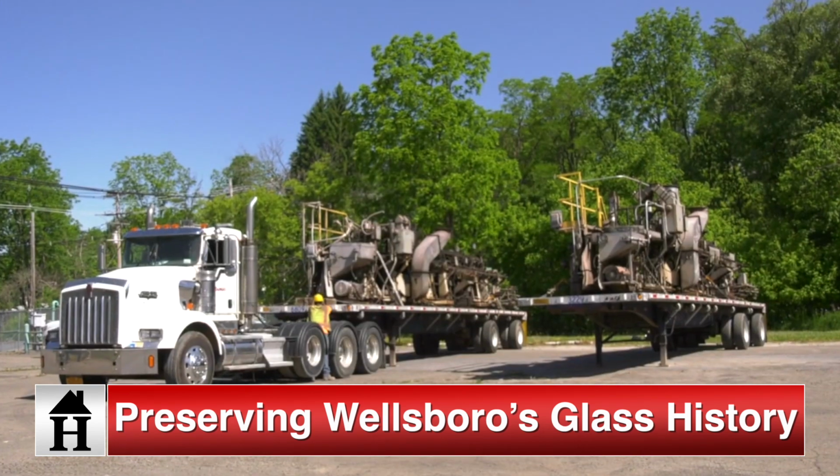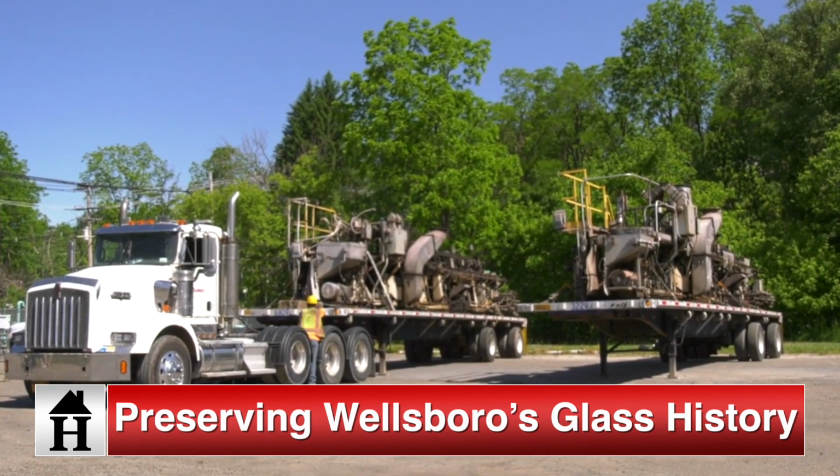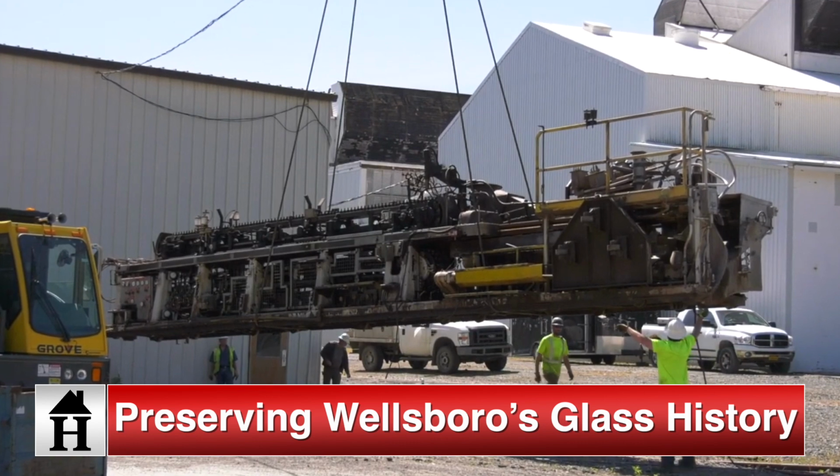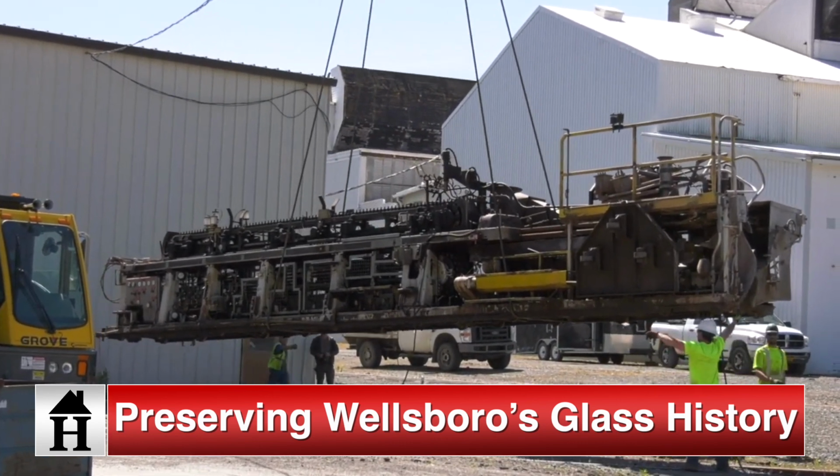Why are you and others gathering these items? A year ago, we found out that they were going to scrap the last 2 living ribbon machines that were built in Wellsboro, used in Wellsboro, and we were able to work through Growth Resources of Wellsboro to get the funding to bring them to Wellsboro in June, and they are currently in Robert D. Camp's dresser facility at Wellsboro Junction,